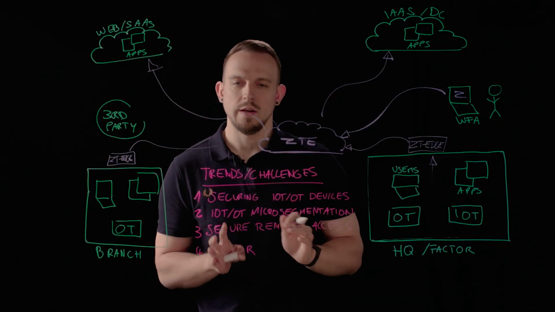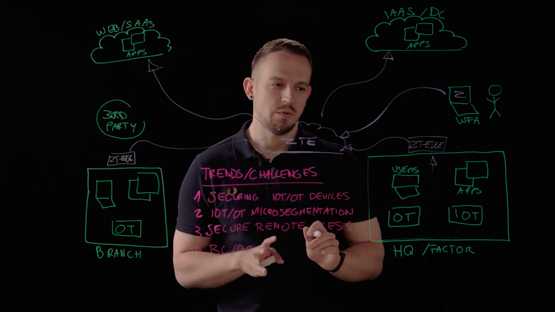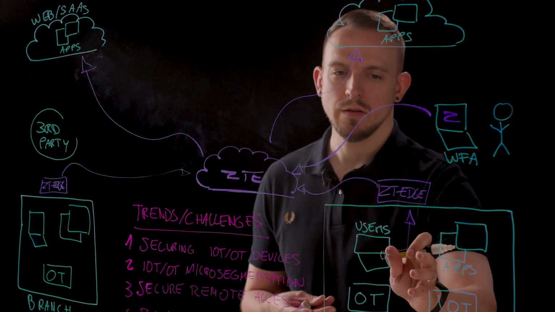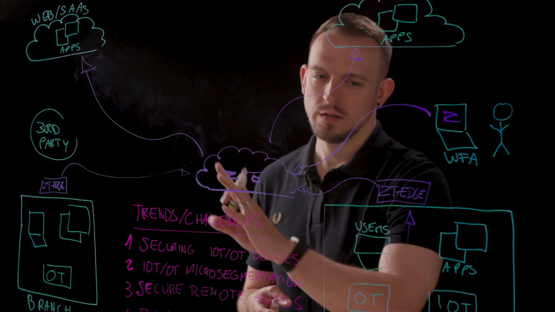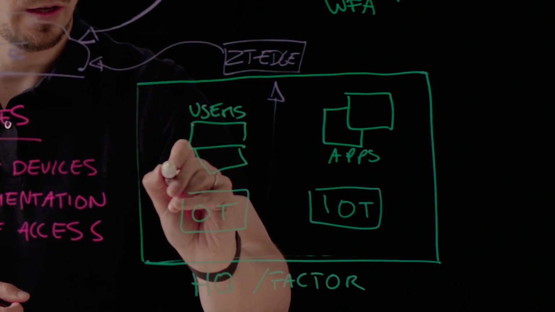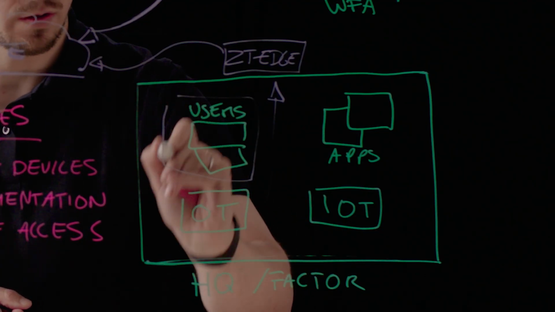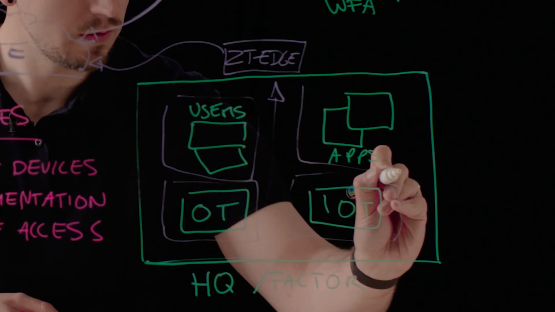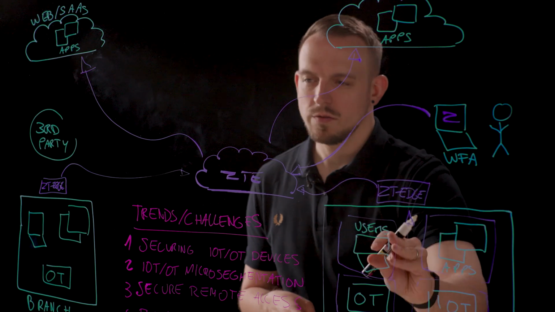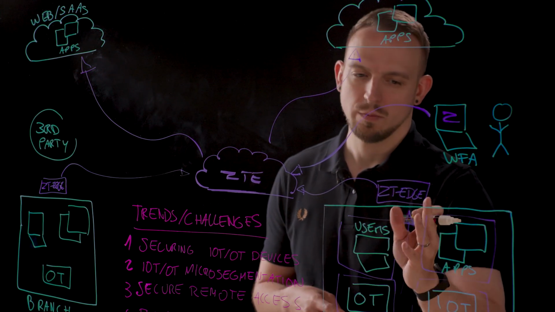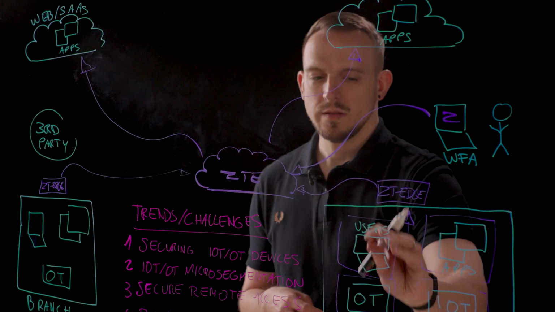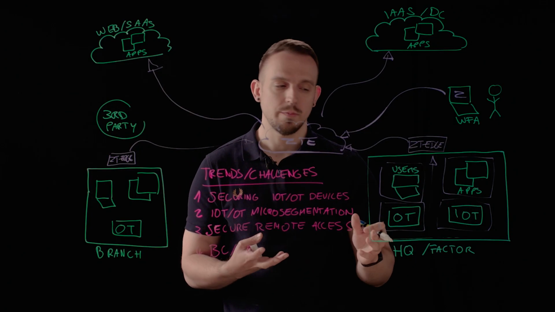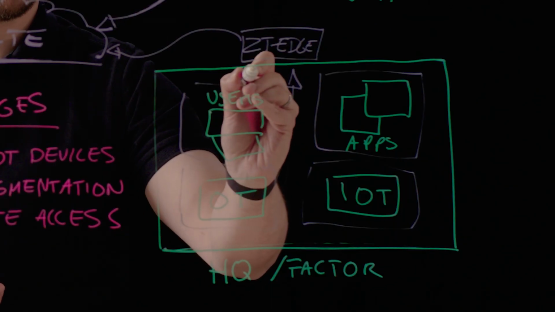Coming to the next challenge, IoT and OT micro-segmentation. What's really great is that the Zero Trust Edge is not only used for forwarding traffic into the Zero Trust Exchange and to destinations, but can also act as a gateway to segment your user, OT and IoT devices as well as the applications from each other. So each of those entities is placed into a network segment of one, and if it wants to establish communication to a different type of device or a different device even in the same subnet, it needs to go through the Zero Trust Edge.